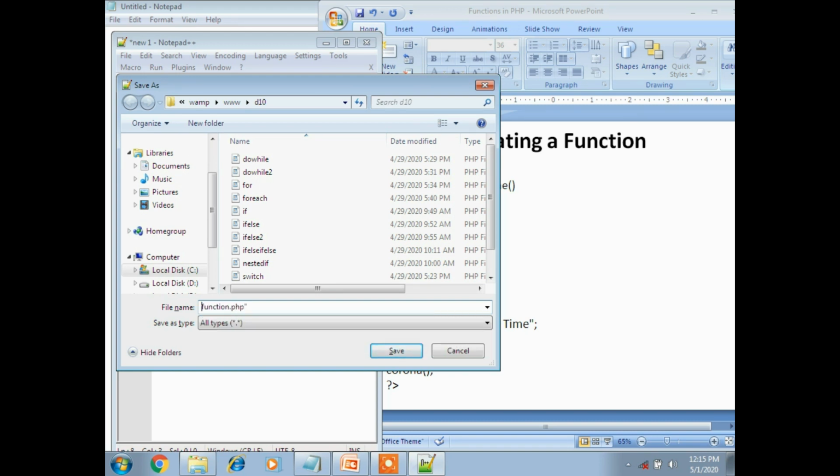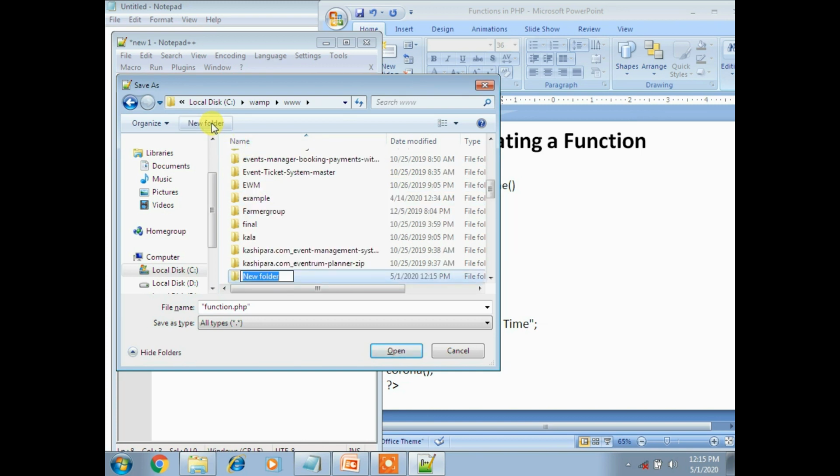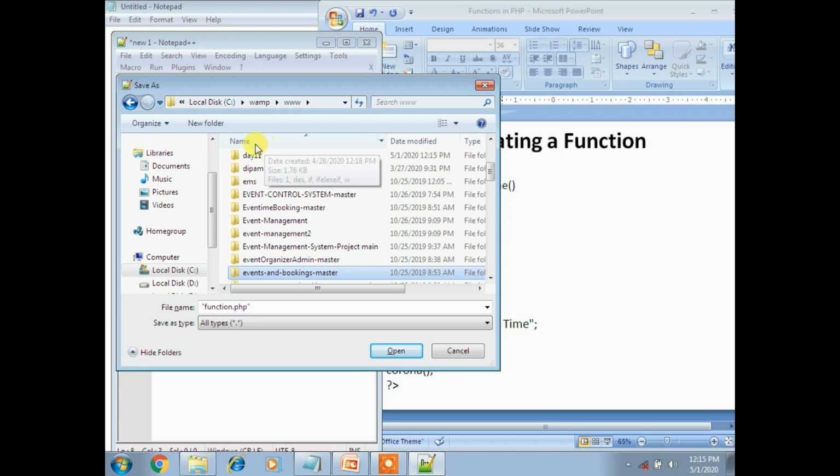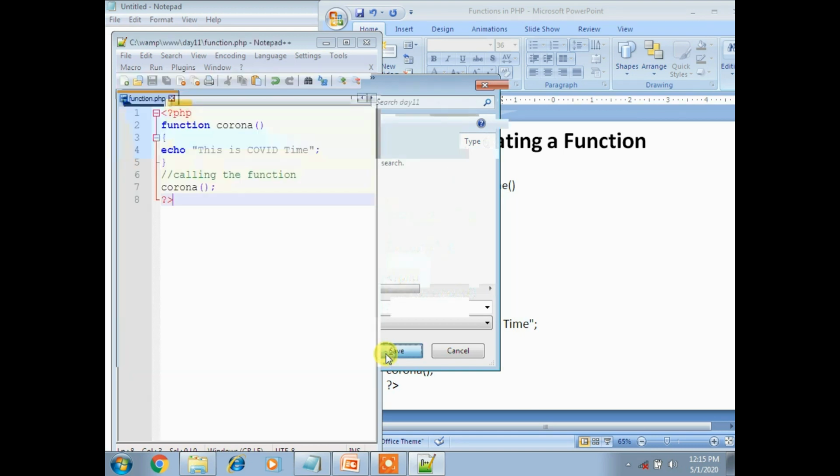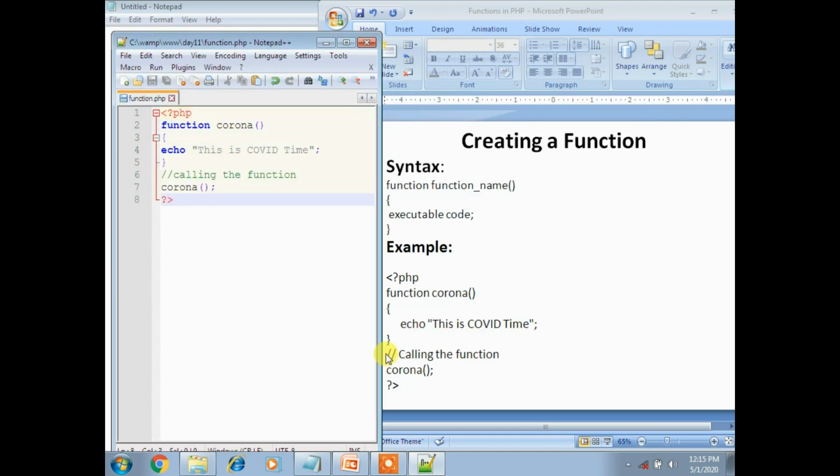Save it as function.php. Where am I saving? Open the C drive and find the folder called xampp and htdocs, and then create a folder day 11, open the folder and save. Yes, perfectly, it is saved now.